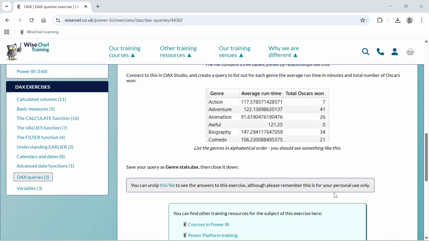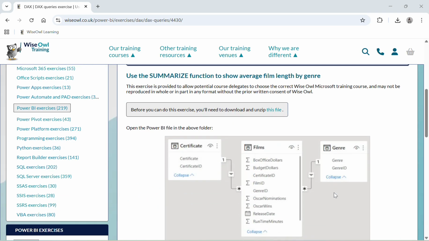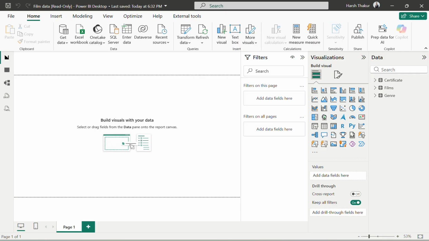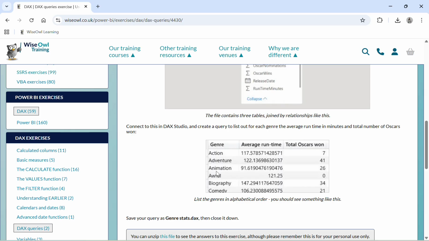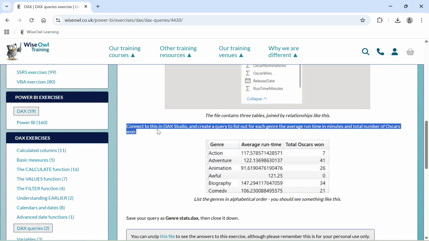Exercise. So today we will be working on another exercise of DAX query. You can download the file. I've already downloaded the file. This is the file where we have the films and the genres. So we need to work on the DAX Studio where we need to create a query to